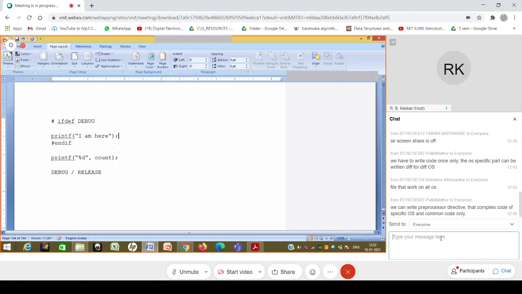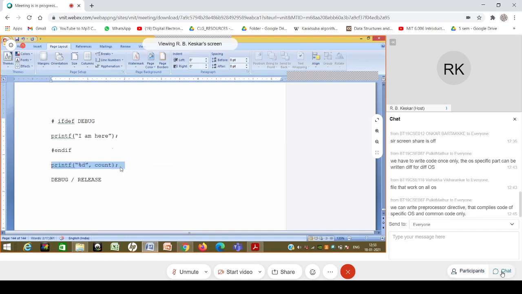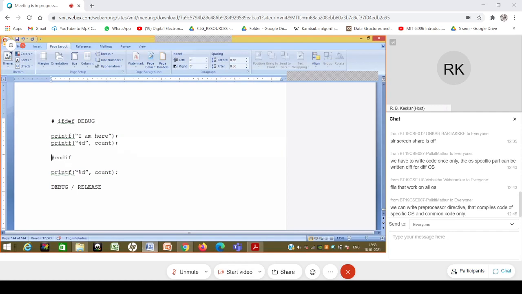And maybe there is a release version. In the release version, maybe I'm printing some variable, or just printing the values. This can be part of debug also over here. And then let's say that as part of release, I want to do something else. So I can have hash ifdef release. Then there is a release version, and then perhaps some other things I can do.